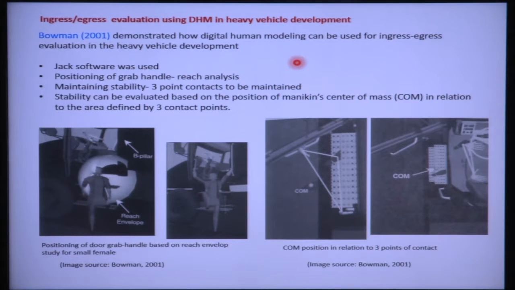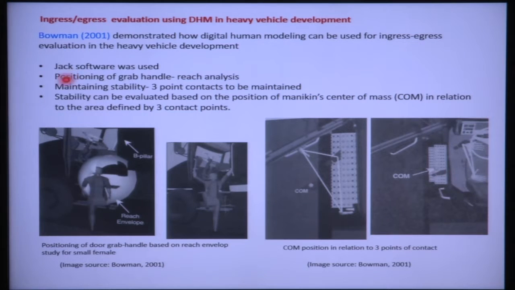There are various research papers related to ingress egress for different types of vehicle. So, we will discuss a few more research papers here. In this slide we are discussing the paper by Baumann et al. They evaluated ingress egress using a digital human model in the heavy vehicle development process. In that process, they used the digital human modeling software JACK, and they demonstrated how to position